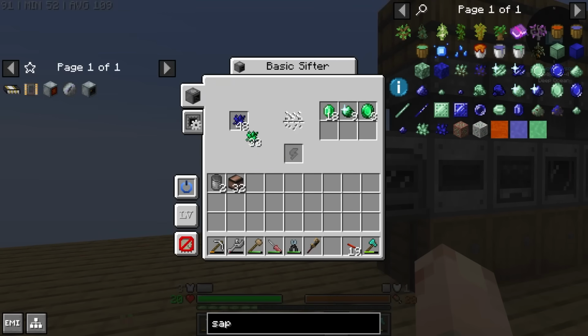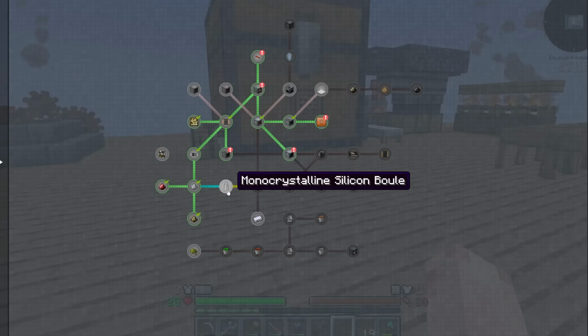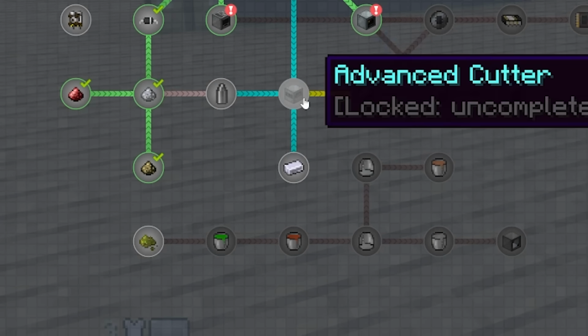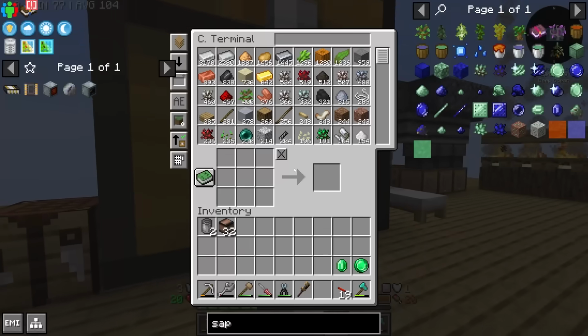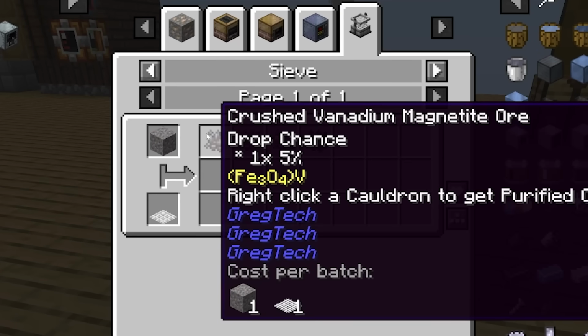I run the sapphire ore through the LV sifter, and while we wait for at least 9 sapphires, we should start acquiring vanadium steel, a metal we're going to need for the MV cutter, which is essential to our plans. Vanadium comes from an ore that we don't have access to yet, so we have to upgrade our meshes to